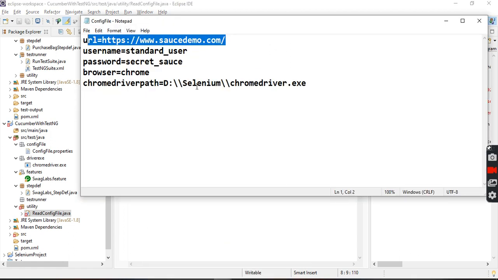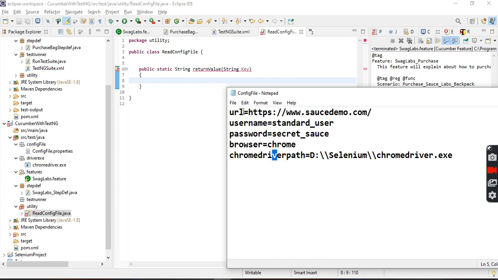Let's see. If I provide the URL, I need this value. If I provide the username, I need this value. So what is that actually? It's a key and value pair combination, right? The property file is nothing but a key and value pair combination.